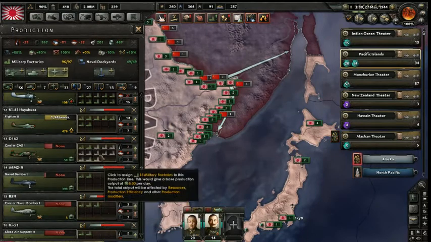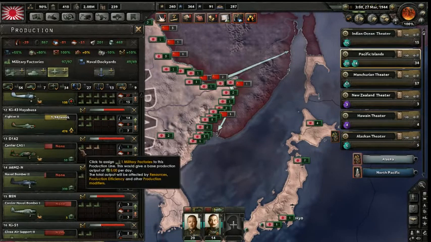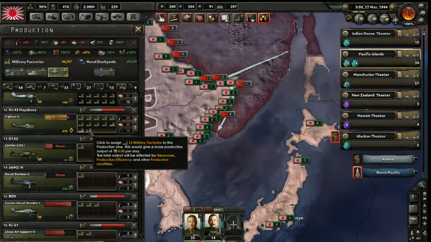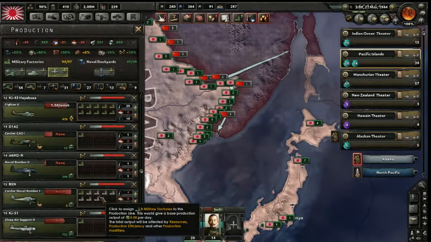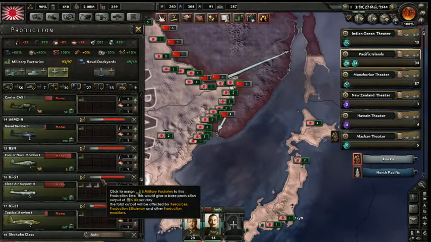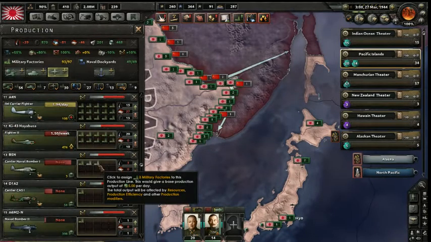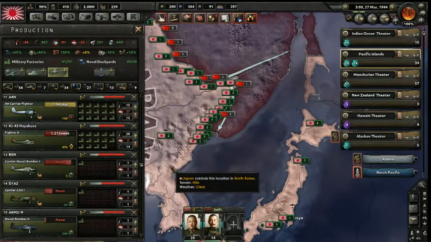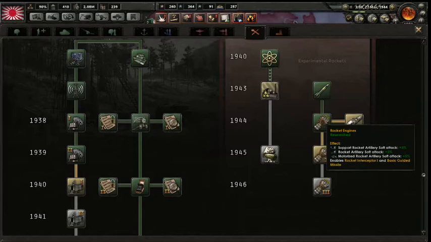I like naval bombers. Why is there none here? Is this because of resources? No factories assigned. That's got me a little worried. Alright, we'll figure that out. Research. Alright, so we just discovered rocket engines, which, oh man,